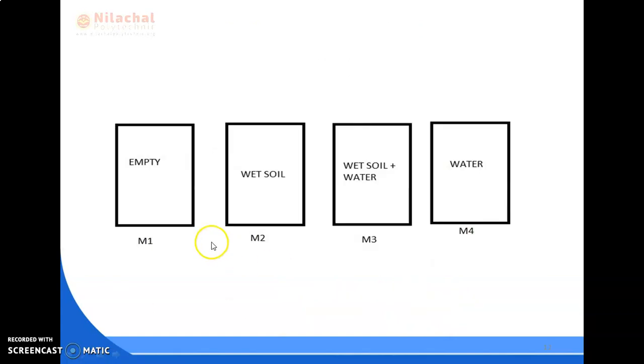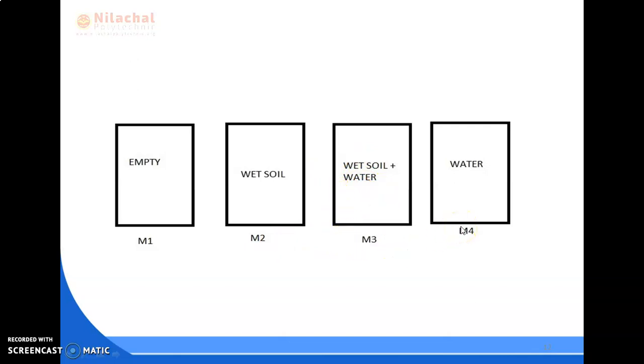So this is a figure, for example, this is the pycnometer. First we have to take its empty weight. Already I have told this theoretically in the previous slide. So the figure shows the empty pycnometer, weight is M1. Next we have to take 200 to 400 gram of wet soil within it, plus pycnometer, and take its weight. Again, we have to note down its weight, M2. After that, we have to add water to it. So, wet soil plus water plus pycnometer is M3.